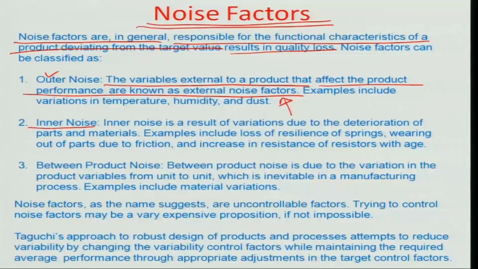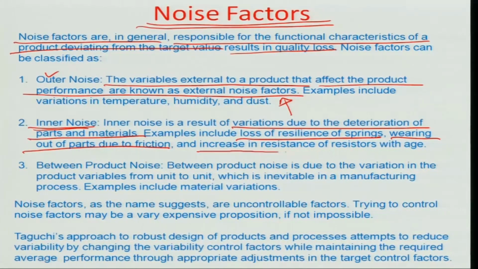Inner noises are basically the variations due to deterioration of the parts or materials itself. For example, you can have a natural loss in resilience of springs as they are subjected to repeated cycles of use because of fatigue or other engineering phenomena. You can have a gradual wearing out of parts due to friction because of multiple usage of the parts while in assembly. And then you can also have an increase in resistance of resistors with age, etc., which is beyond your control, and this is actually called the inner noise, which gets generated because of more number of cycles of usage,